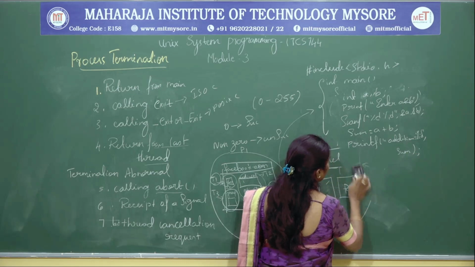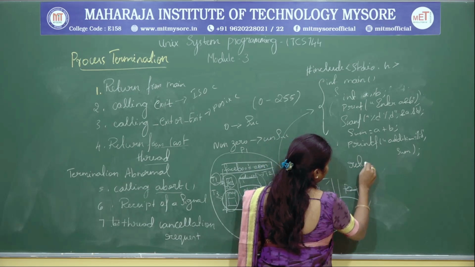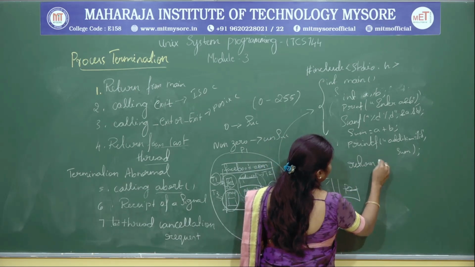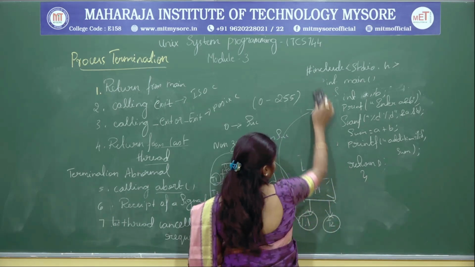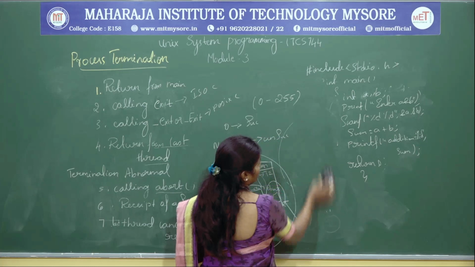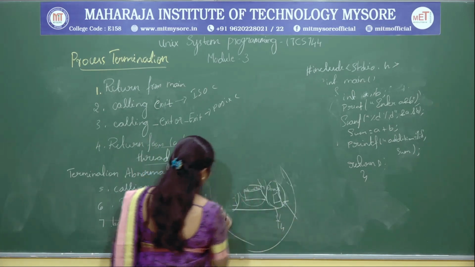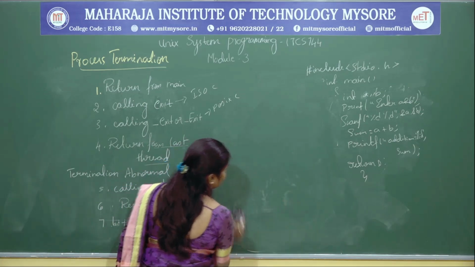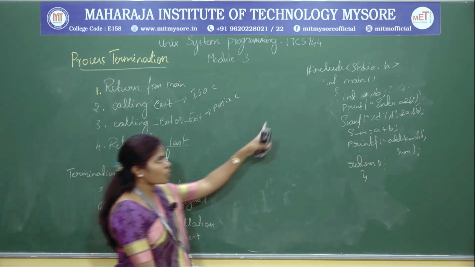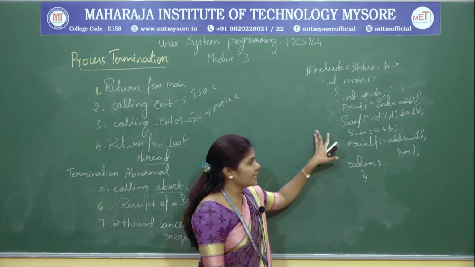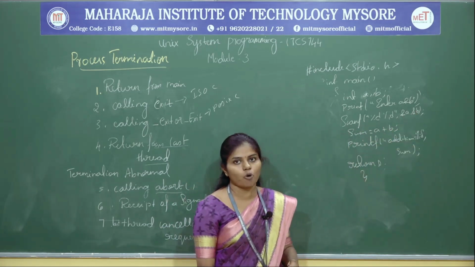Now you can make use of the return statement, return of 0, by default it will be 0 only. See here, I am going to erase everything here. This is the simple program I took. Now this is the program I wrote, a simple program. It is going to take the input from the user, that is a and b, and perform the addition operation.